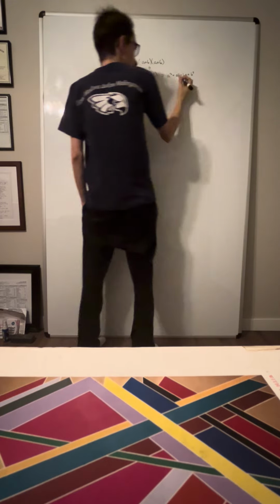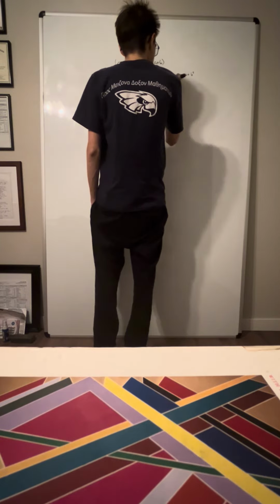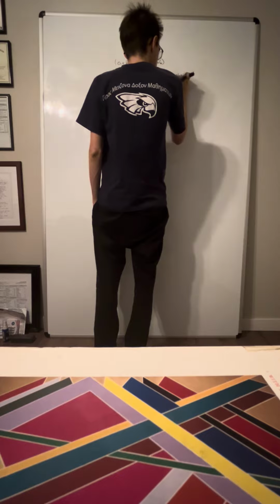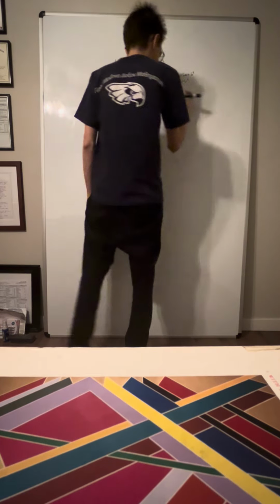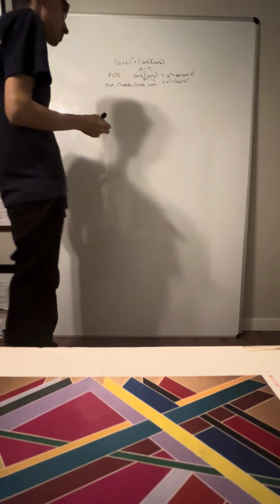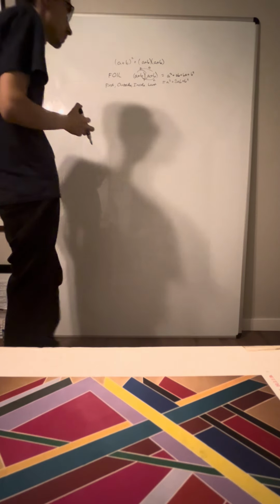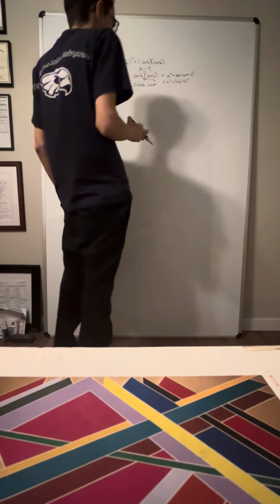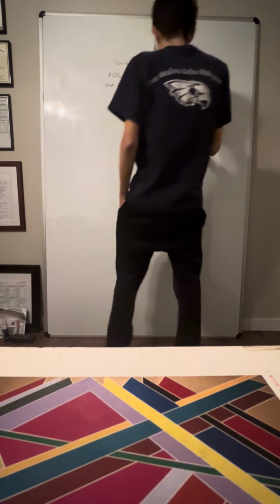But notice that ab and ba are equal, so this is just going to be a squared plus 2ab plus b squared. Okay, that's how this works, but if we want to visualize this, then